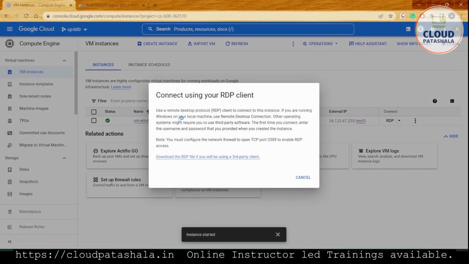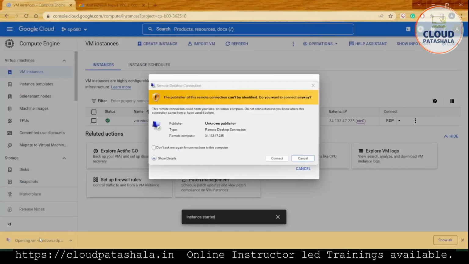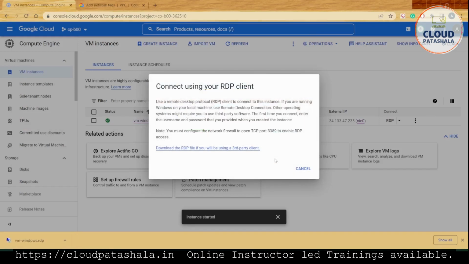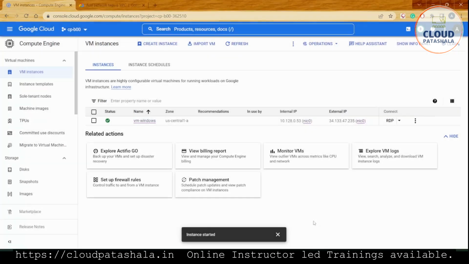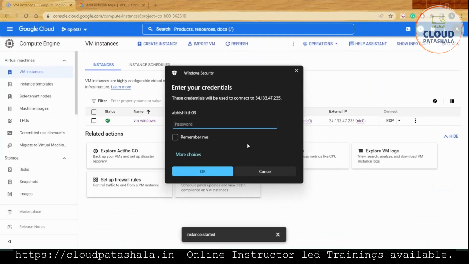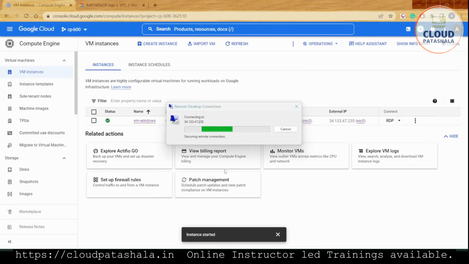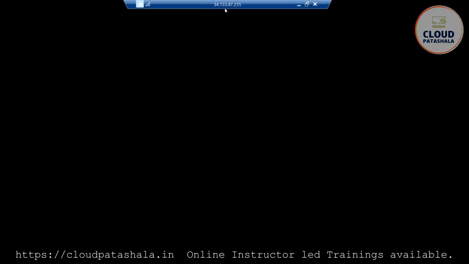I would click on download the RDP file again, and this time I should be able to connect to the instance right away. And hopefully, if you remember the password, that's really great. It's always recommended to have your password saved somewhere like this, and I could definitely go to my system and create this settings over there. I click on yes. That is basically typically accepting the SSL certificates that are provided, and if you notice